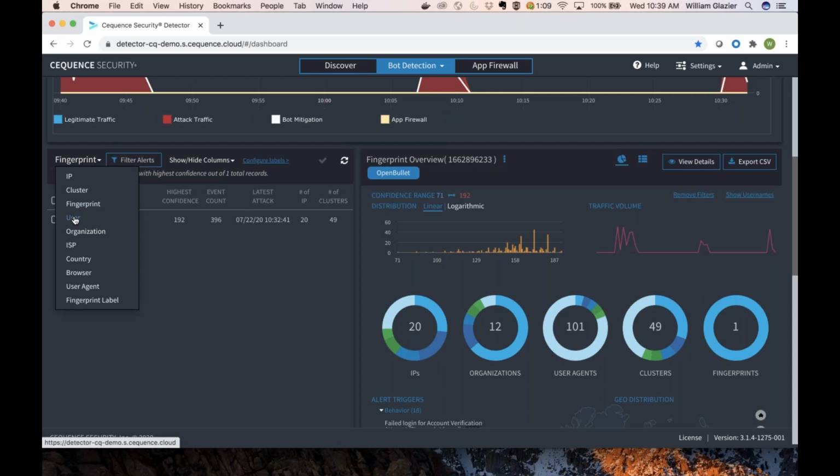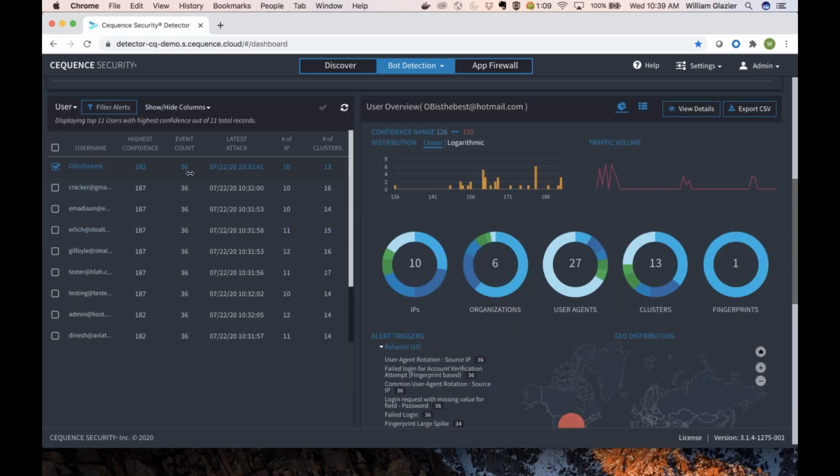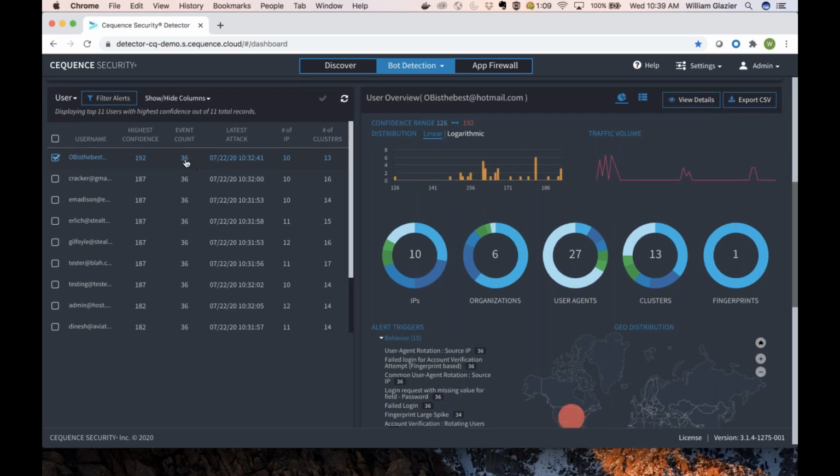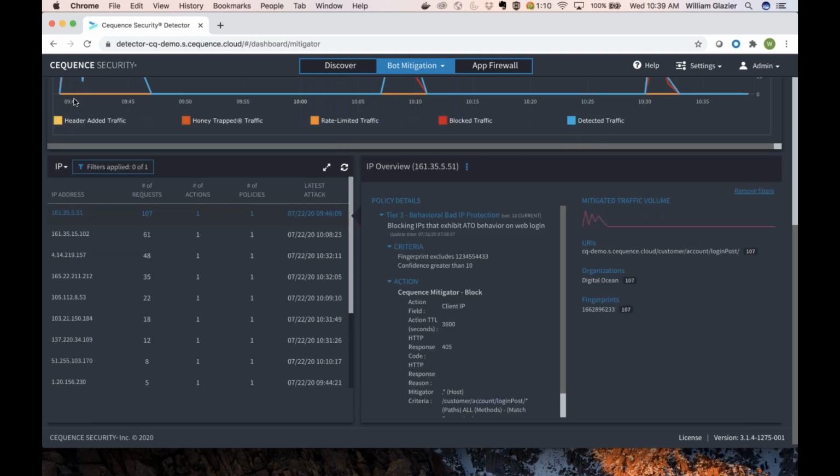And you can see that if I go to the username pivot, that will become very, very apparent here. You can see that this OpenBullet is the best at hotmail.com was used 36 times by 10 different IPs. And that username itself had the same really even UA rotation. Okay. So when we go over to the mitigation screen, this is the last part of the demo here, we can see that